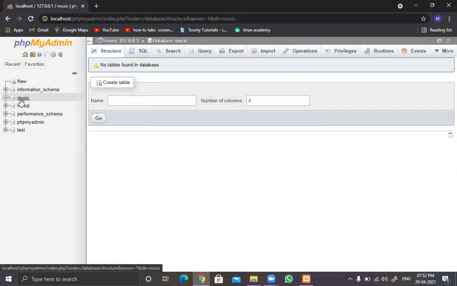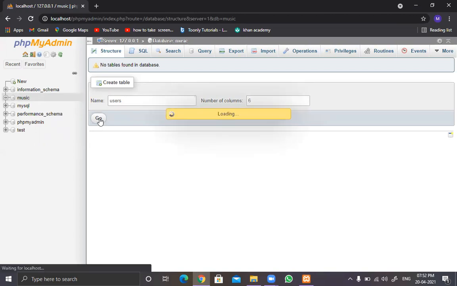Now this database is empty, and you can create tables in this database by specifying the table name over here. Let's say I need to create a users table first. So the name of the table is users, and I need to have different columns in it, like user ID, user's email, user's name, then user's password, its creation date. So let's have 5 columns, and its status, 6 columns in this.